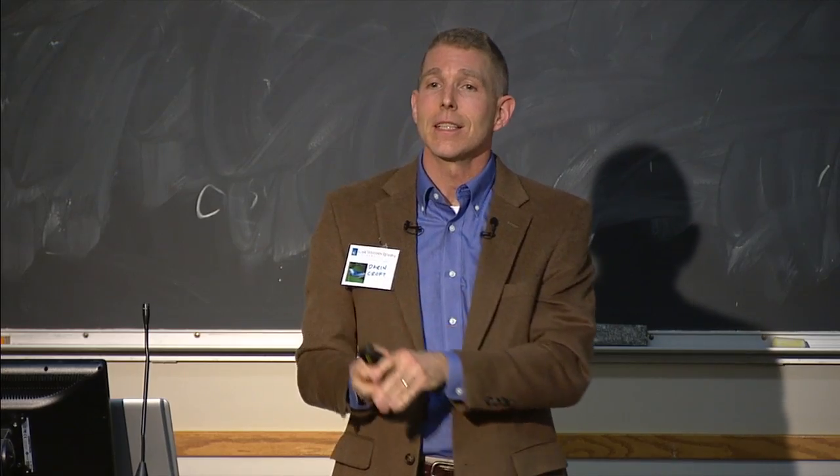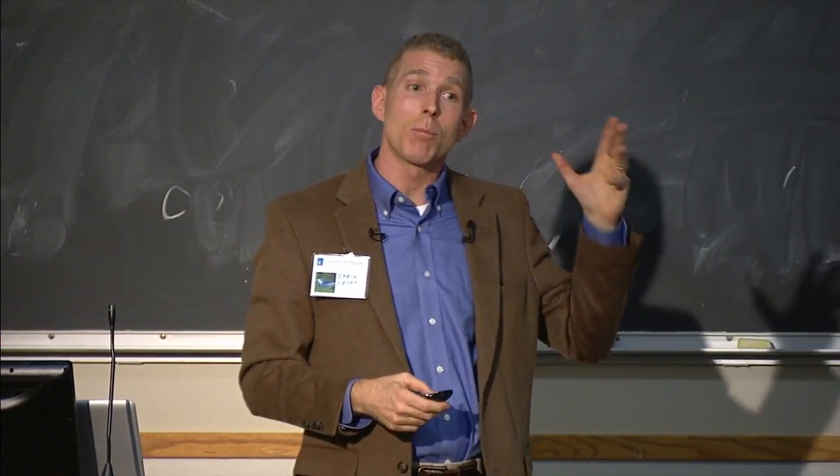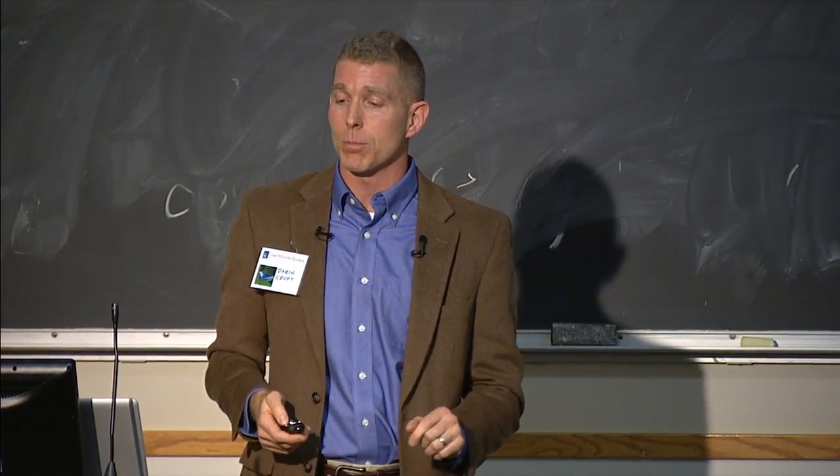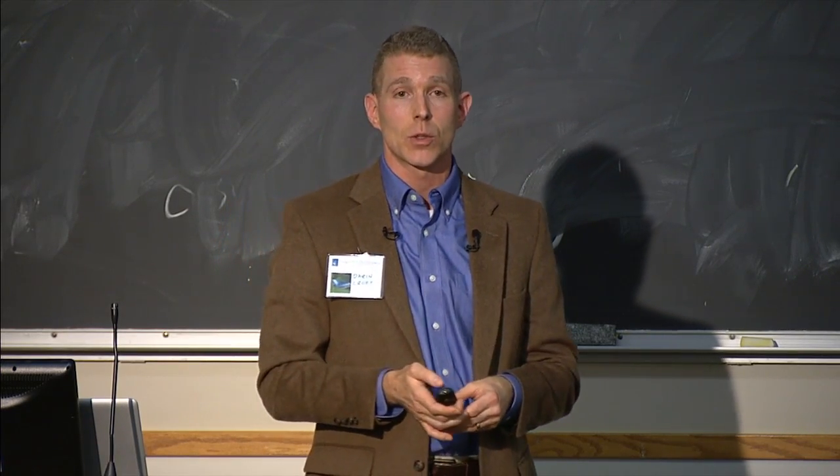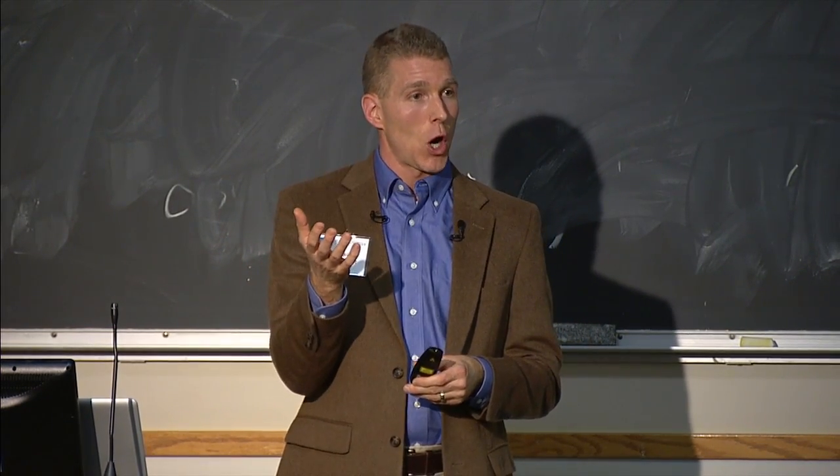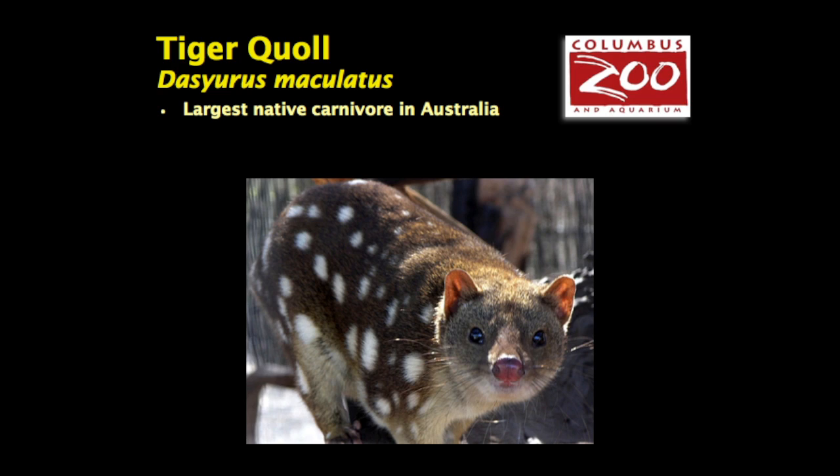whereas a carnivore is something that eats meat, which you may or may not be, and it may or may not be a carnivoran. This is a marsupial, so very distantly related to the placentals, but it's the largest native one in Australia. Tasmanian devils are larger, but they no longer live in mainland Australia. They're only in Tasmania. And then, of course, the thylacine or Tasmanian wolf was bigger, but it is now extinct, unfortunately.